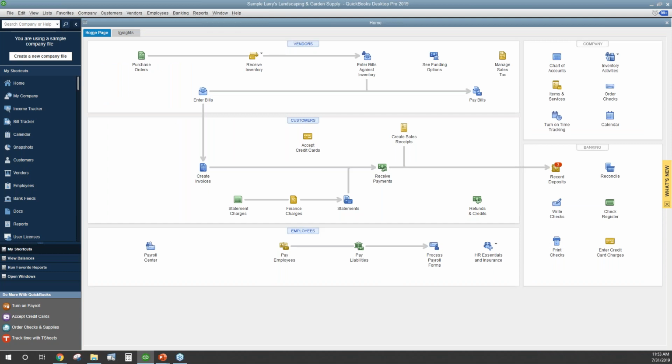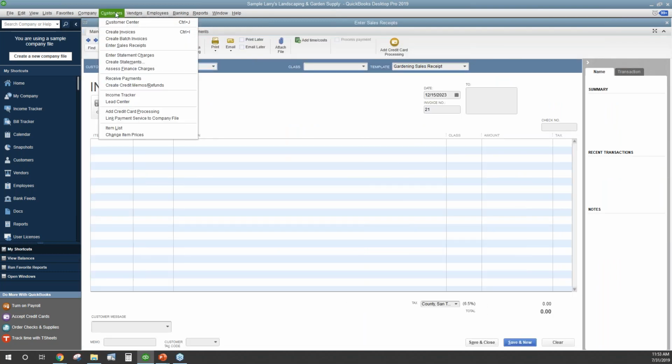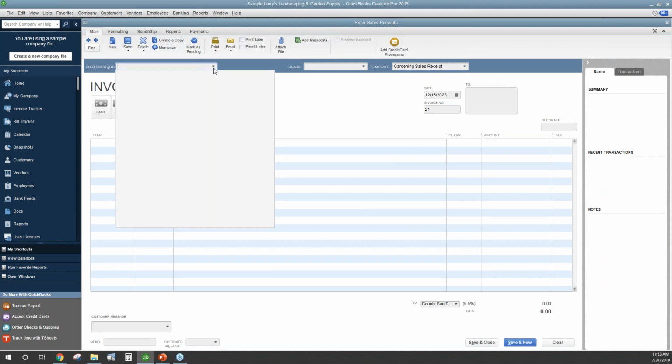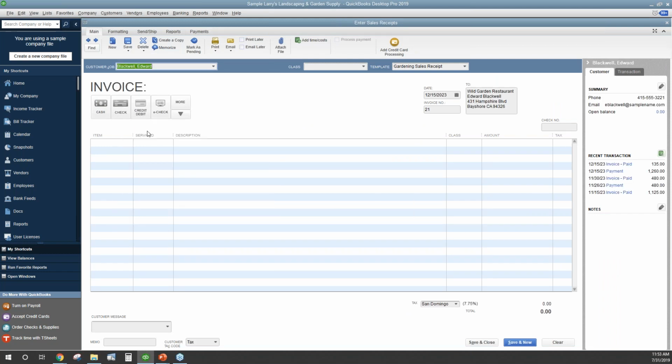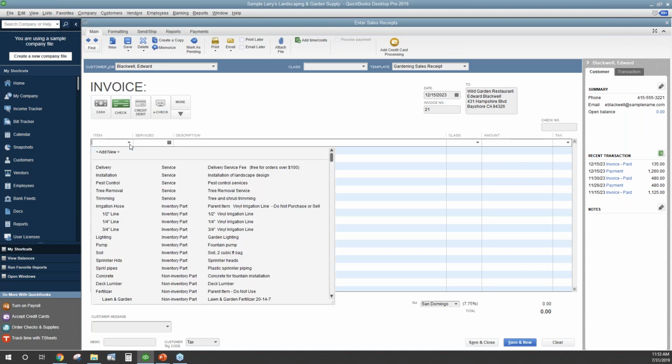To create a sales receipt, click the icon for Sales Receipt under the Customer section of the home page. You can also create a sales receipt by navigating to the Customers drop-down menu at the top of the screen and selecting Enter Sales Receipts. Select the customer to which you will be providing the sales receipt from the drop-down menu at the top of the page. If your customer has not been created, you will create a new customer the same way you did for invoicing, using the Add New feature. At that point, you can enter the new customer's name and so on, and then in the first row under the item column, you'd select whatever product or